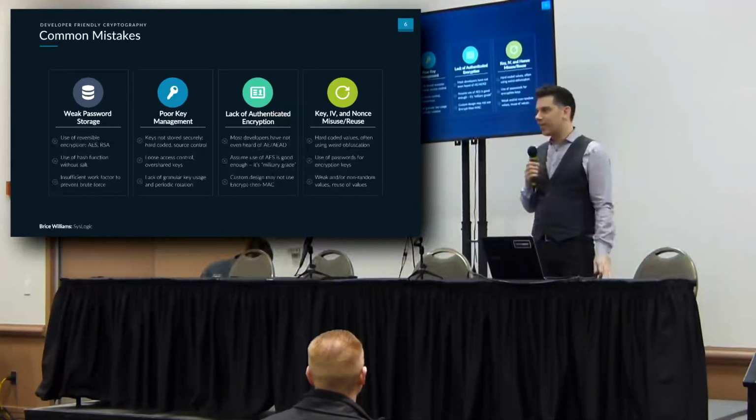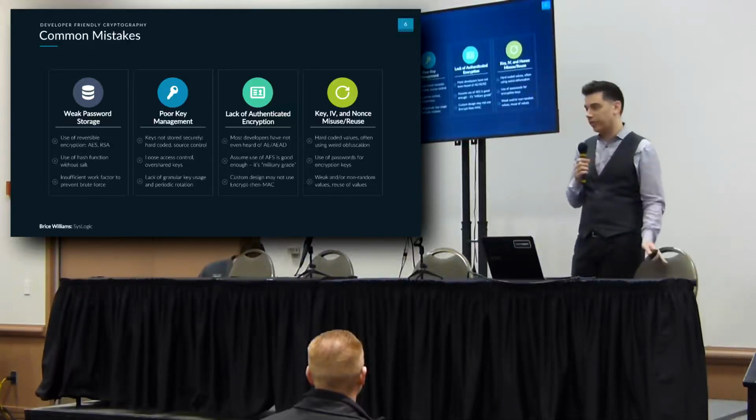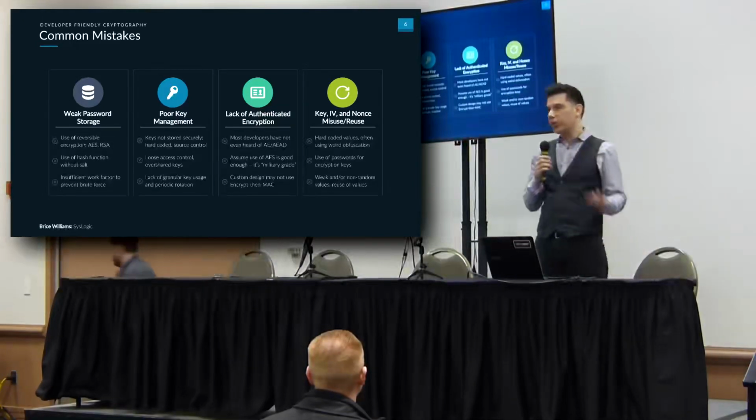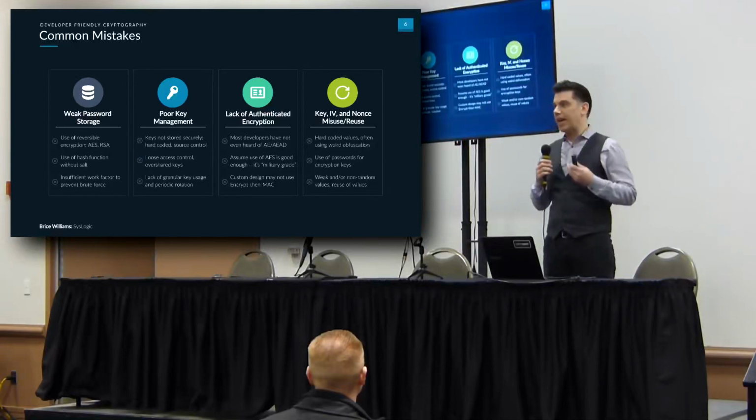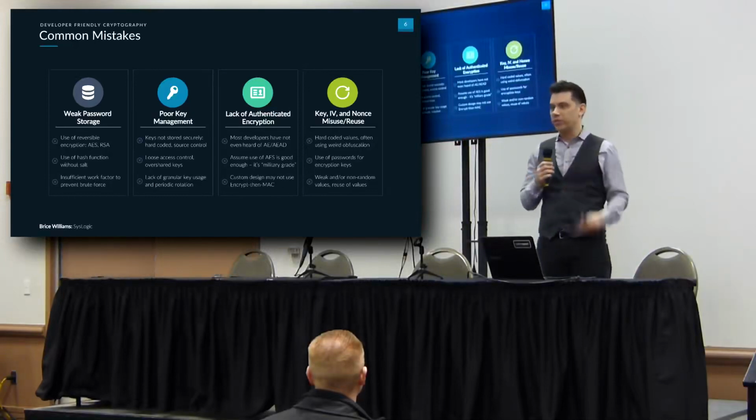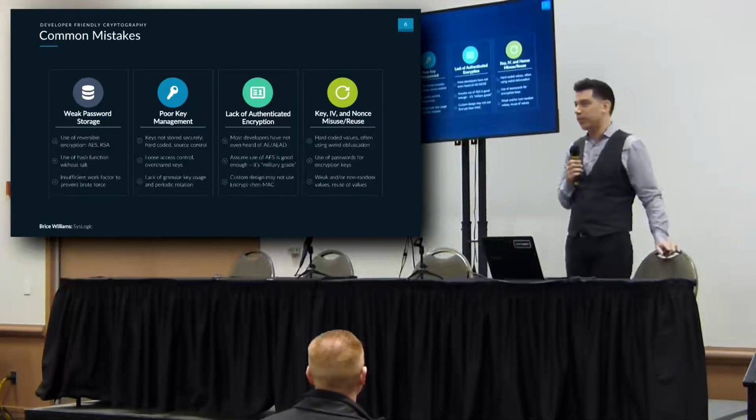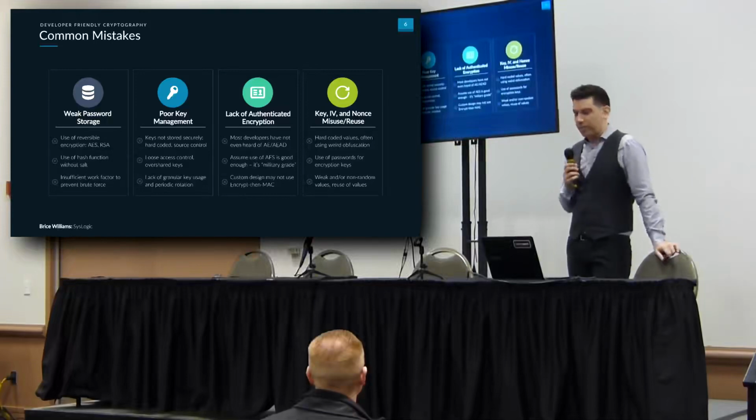We also see a general lack of authenticated encryption. If you're not familiar with that term, authenticated encryption, don't worry, most developers aren't either. They've never heard of authenticated encryption. They don't realize it's something that they need to be concerned about. In their minds, AES, they've heard of AES, that's good enough. Let's just use AES because we've heard that's military grade. It's a good start. AES isn't necessarily bad, but you need to know a little bit more than that.